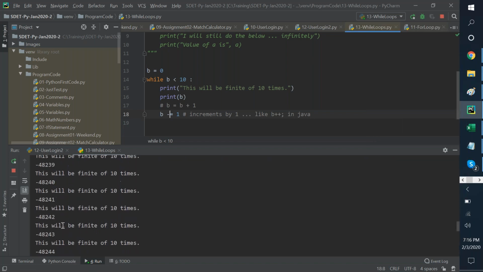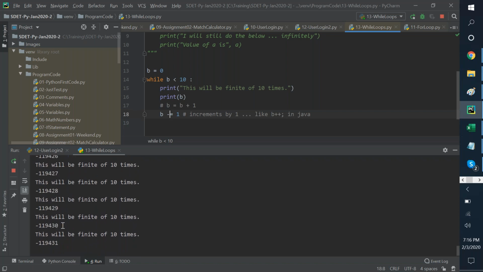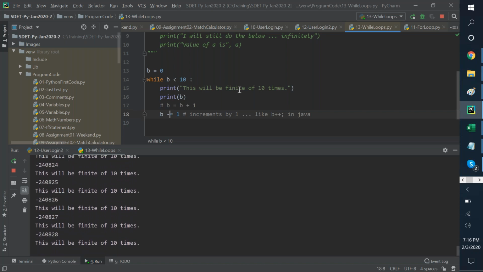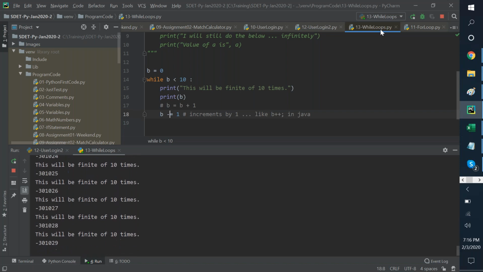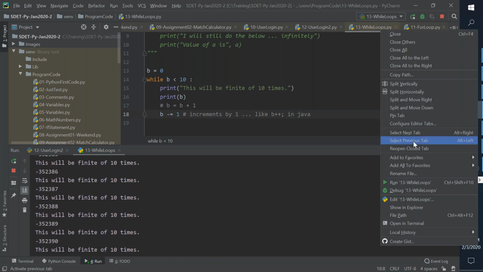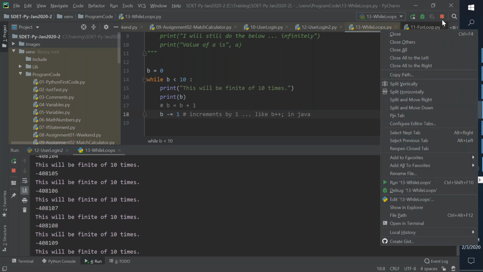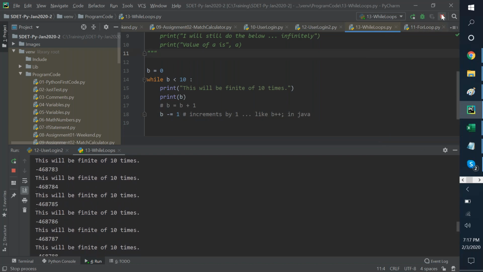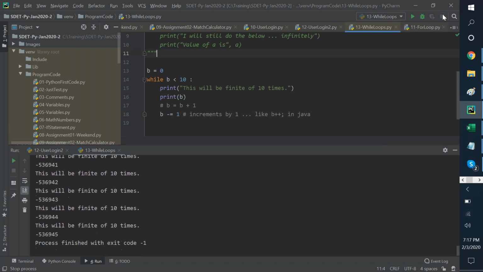See now what will happen to B. Are you seeing the values, team? Do you see the numbers going up and up and up? That's how fast it's scrolling through these. So let's stop this. Use a hard stop. Use this red stop button, please, the square button, and stop this. So we are now incrementing.